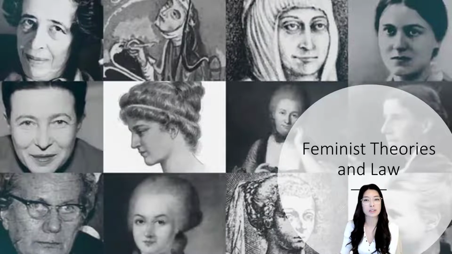Wollstonecraft took issue with this view and argued that this kind of education was superficial and merely fostered in women vanity and obsession with their physical appearance. Most importantly, she believed that domestic education failed to equip women with the independence of thought, the kind of rational judgment that she saw as vital to properly equipping them to contend with a life